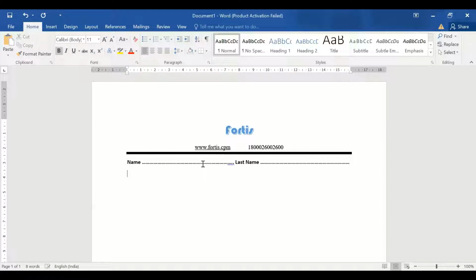After that, you can ask about contact details, your contact number, simple, gender, then OPD number,